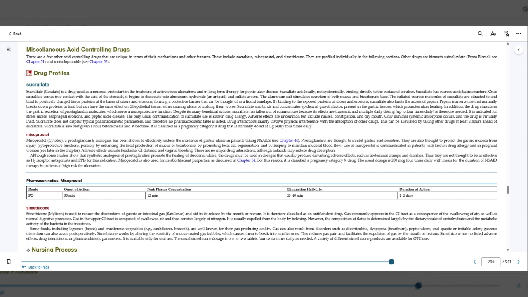Then with implementation, if they're using chewable acid control drugs, we want them to thoroughly chew those tablets. Antacids should be given with at least 8 ounces of water to enhance the absorption of the antacid. We want to avoid giving them within 1 to 2 hours of other medication. Note that with an intravenous H2 receptor antagonist, we can have some hypotension with rapid infusion, so slowing that down as we're giving it would be important. And then monitor for that